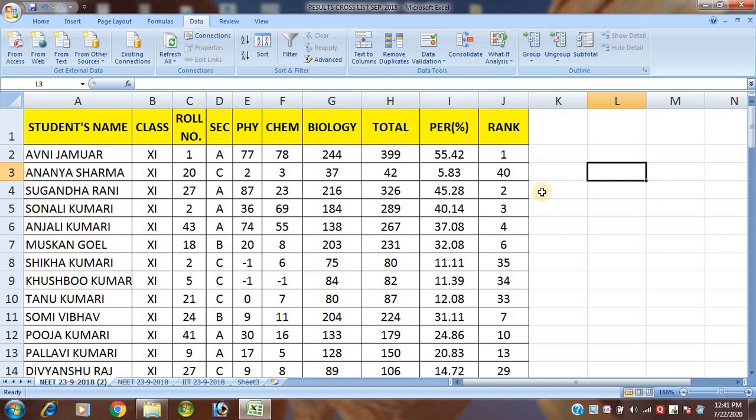Then how to do this one? So student, first of all, what will you do? From this one, you select any 2 or 3 fields or one field. Okay student, suppose I want to select only physics. Okay student, and you copy this one. Okay, then paste here. Okay, is that clear? So you